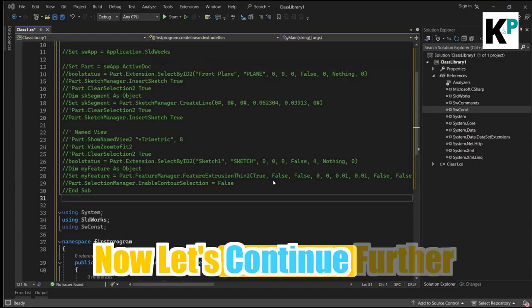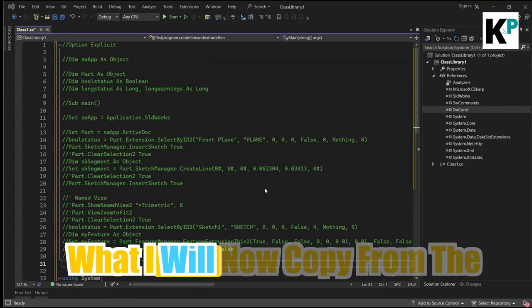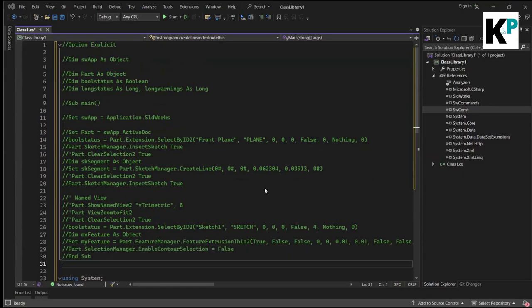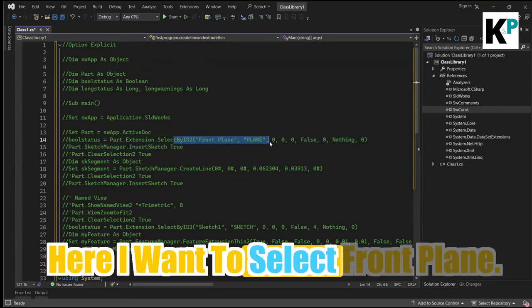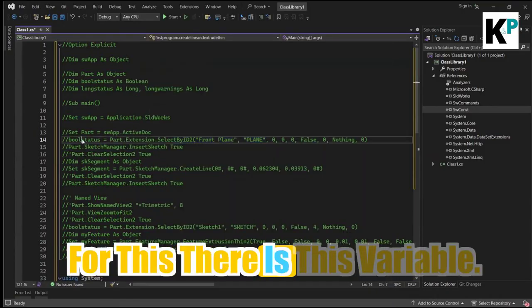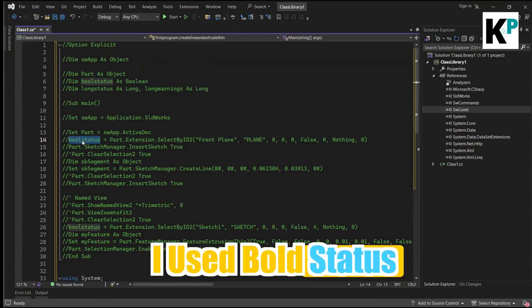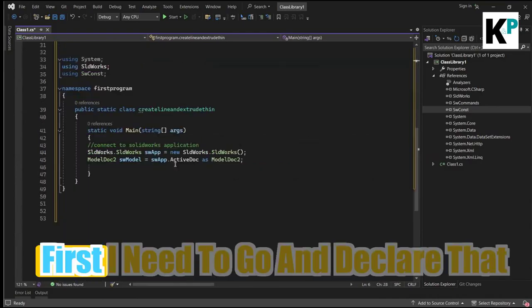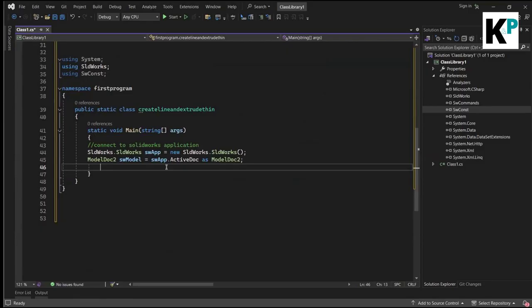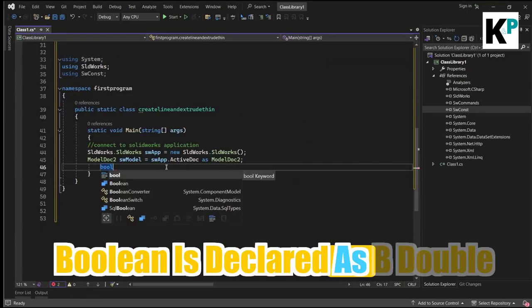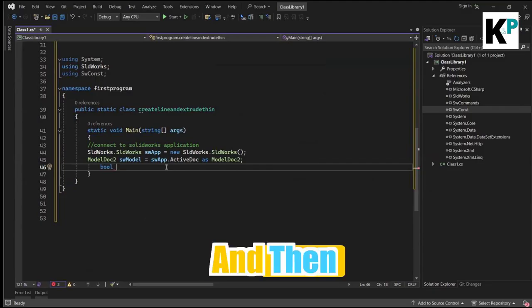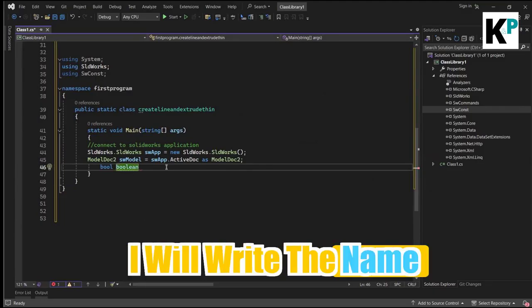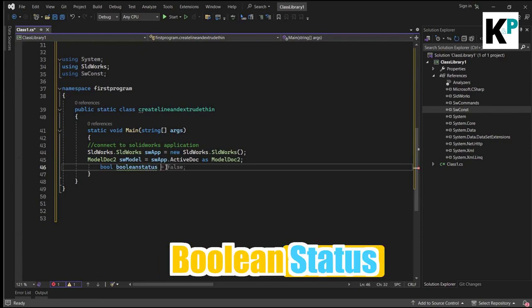Now let's continue further. What I will now copy from the recorded code, I will first copy this line. Here I want to select the front plane. For this, there is this variable I used, bool status as boolean. First, I need to go and declare that. Boolean is declared as bool in C#, and then I will write the name boolean status and will make